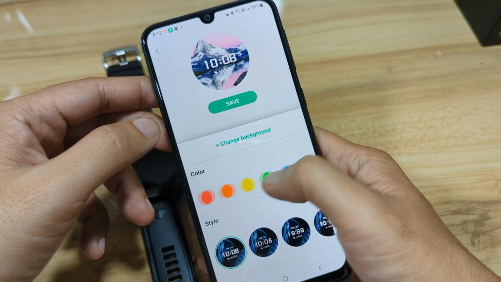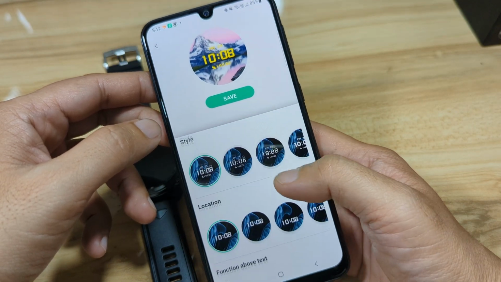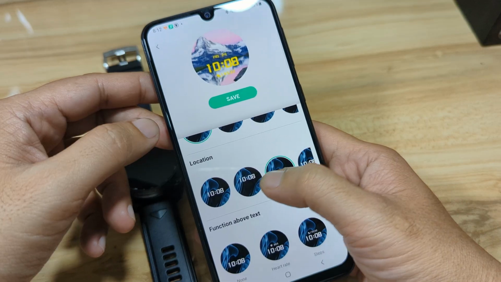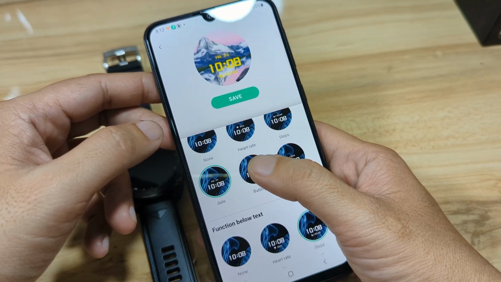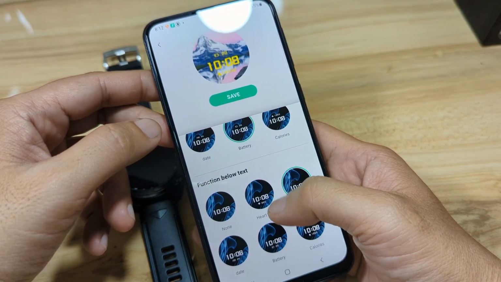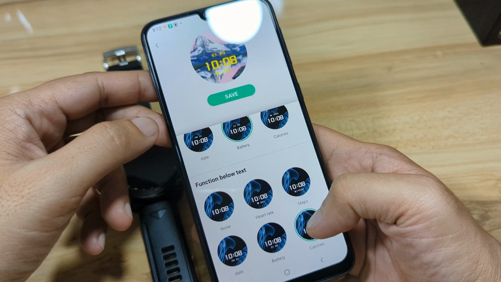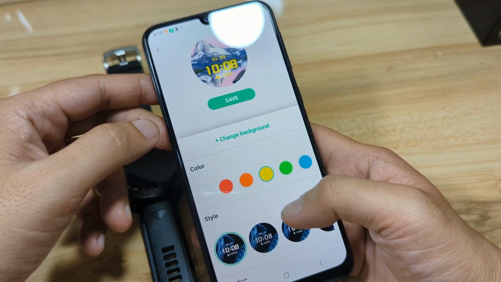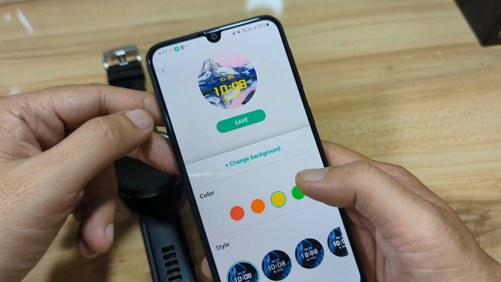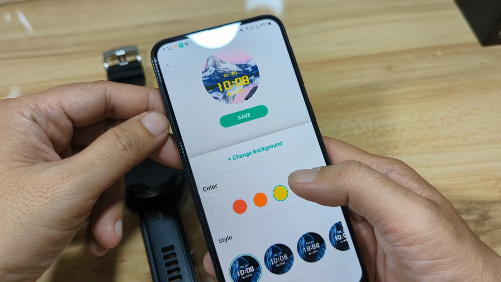We'll change the color of the text here, the location, the data above the text. We have the battery, and below. So that's the option here for the custom wallpaper.